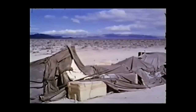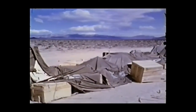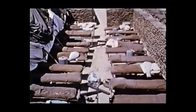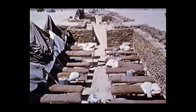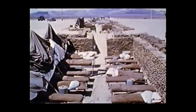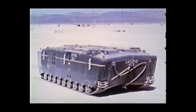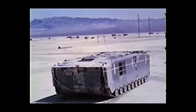The 15,000-foot installation, around 1 1/4 pounds pressure. Damage limited to collapse of the above-ground tents. A significant finding of these tests was that considerable protection to personnel and equipment would be afforded by revetting field medical installations. 6 Marine LVTs, landing vehicles tracked, at distances from 800 to 4,500 feet from zero, with pressures reaching 22 psi,